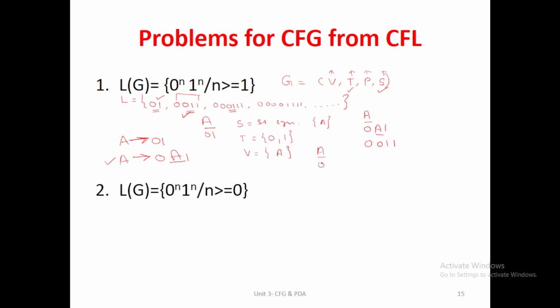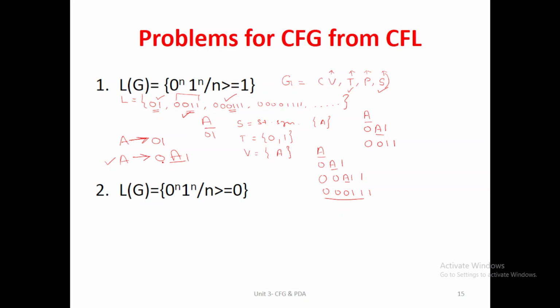Instead of capital A, I can substitute 0A1. Once again, I substitute 0A1 for the symbol, and from this A, I can substitute 01. So, I can produce 00011 with the same production. Like that, all the strings available in the given language can be generated with the help of